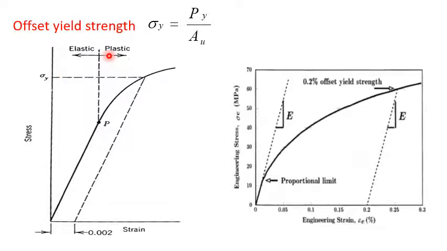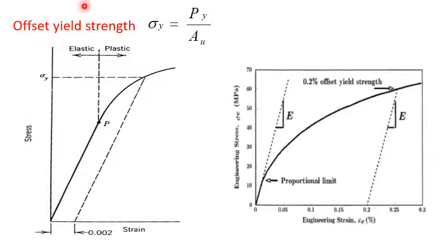Whatever the percentage, in general we take 0.2, but again it depends on the material. Sometimes we may take 0.5, or 1%, or 2% also. It depends on the stress strain curve. If it is much bent, much non-linear, it is very difficult to take an offset line, so at that time we can consider a little more percentage of strain. So this is what the offset yield point is.